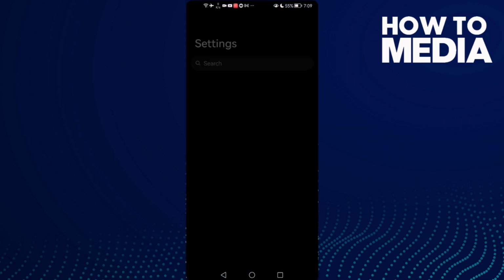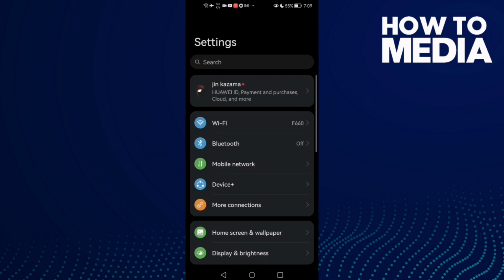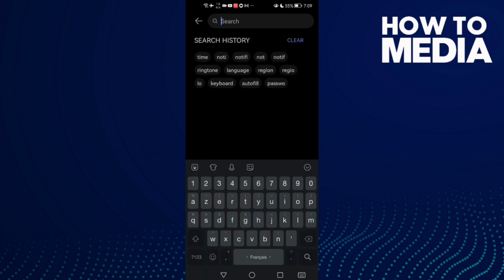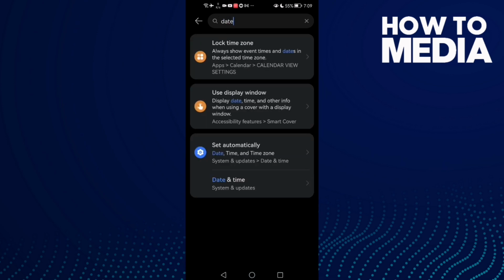First, open settings, and now just click here, search, and then just type date, and here we'll find the date and time. Click on it,